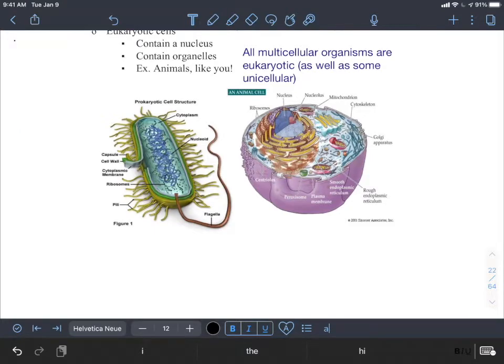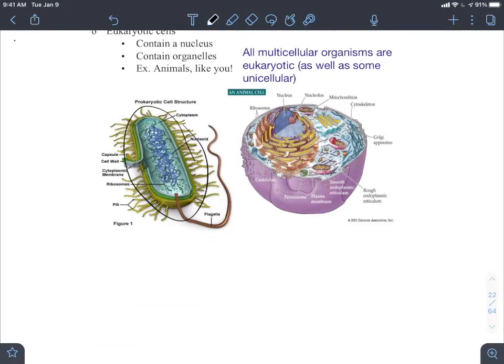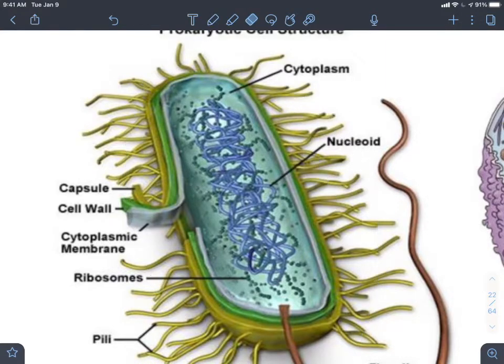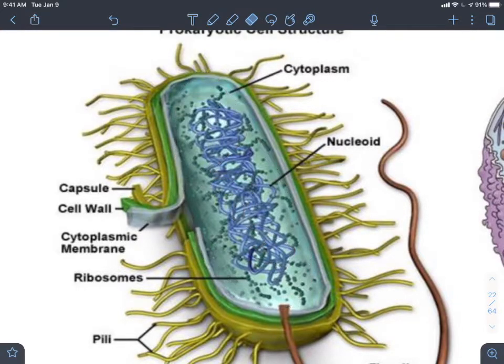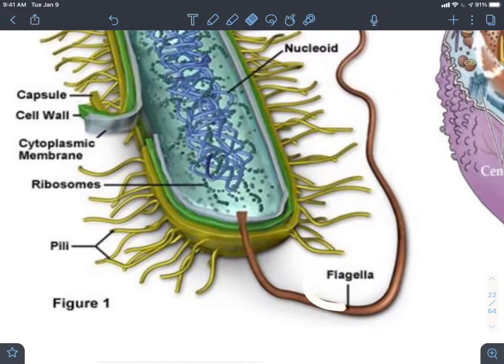On the left we have the prokaryotic cell. Notice the lack of any internal structure on the inside here. The internal structure is very basic. We've got some DNA, some ribosomes, and a cell wall. Think of this as a spherical object, or a cylindrical object in this case. They may have pili, which are little hairs on the outside that they use for grabbing and interacting with things. They also may have flagella, and that's about all they have.